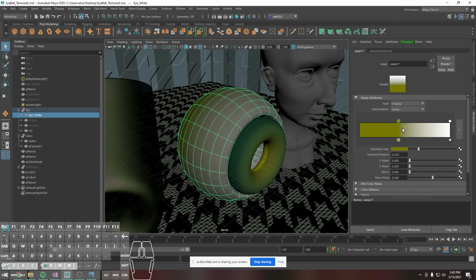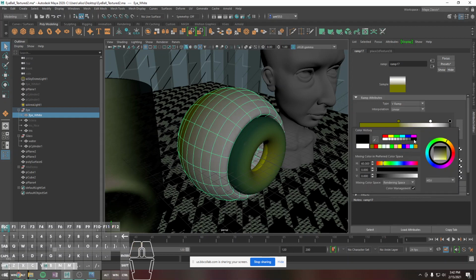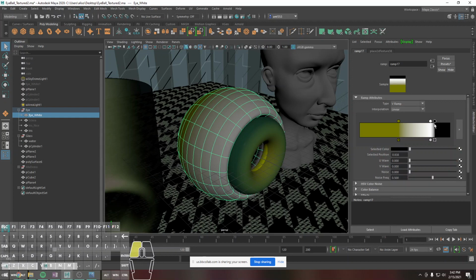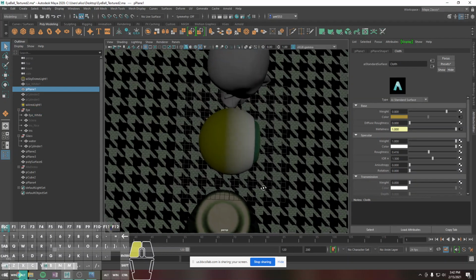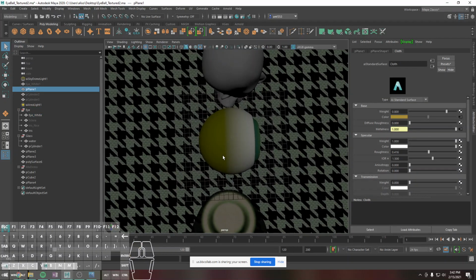Sorry. So you can do something like that, and then you can just push these values back to be something closer to what you need, add like a pupil in the bottom. The pupil you will probably have to push out a little bit so you don't see inside of it. But yeah, so you can make some really, really easy textures on this, just with ramp textures, and this